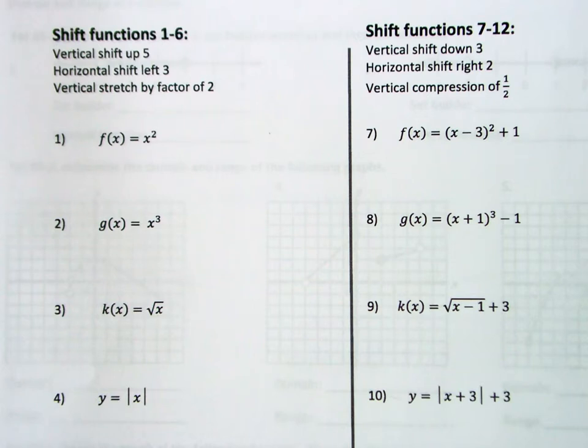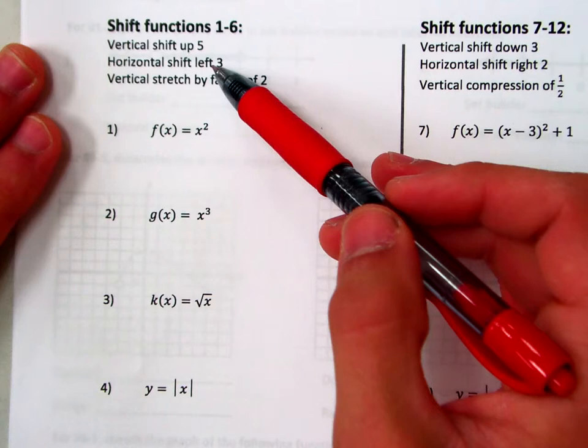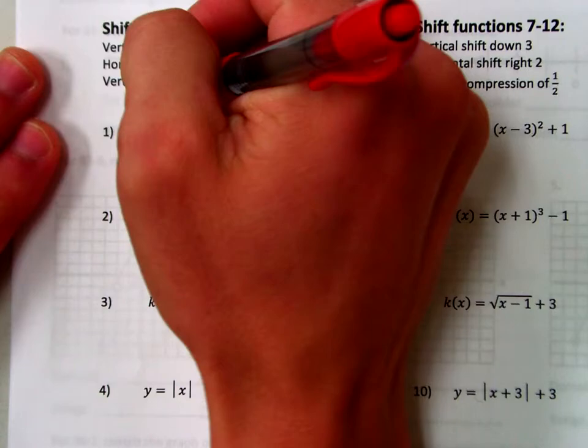So right here, down this entire left column, it starts with shift functions 1 through 6, so that's numbers 1 through 6 all the way down this column. They will shift them up 5, vertically shift up 5, horizontally shift left 3, and vertically stretch by a factor of 2. So remember, all that stuff is based on this idea right here,